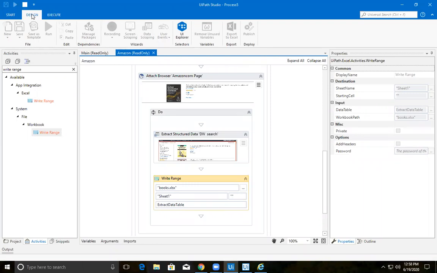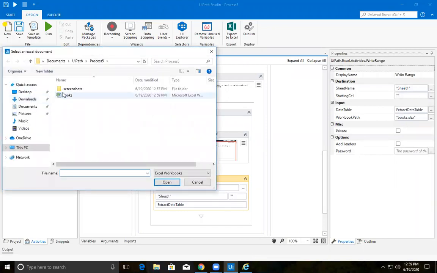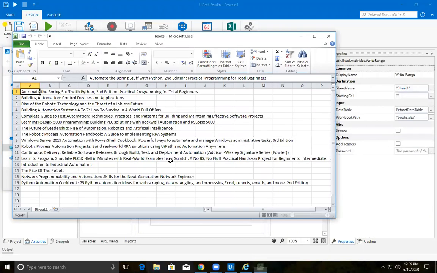Sir, I think there should be some sorting in write range, sir. Not required. Only first page books came.